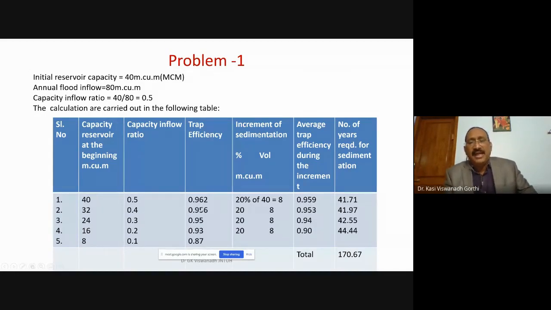Similarly, for 0.956 to 0.95, this is the average. 0.95 to 0.93, 0.93 to 0.87. So you now have the average trap efficiency during the period from the capacity getting reduced from 100 to 80%, 80% to 60%, and so on. Then the number of years required for the sediment to take place during this period with this trap efficiency will